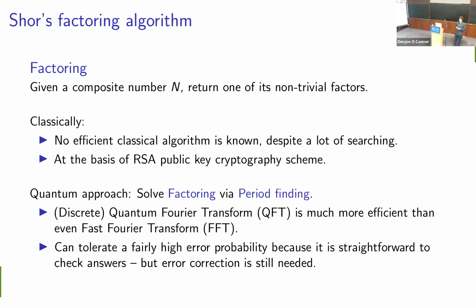And so that means that our algorithm can be probabilistic, and indeed this factoring algorithm on a quantum computer is probabilistic. So it doesn't always give us the same result, and it doesn't always give us the correct result. But we can show that it gives the correct result with a high enough probability that if we repeat it a few times independently, at some point we have a very high probability of having seen the right answer. And because we can check answers, after each run we check, was this a correct answer? And if no, we run it again. And if yes, we know that we can stop.